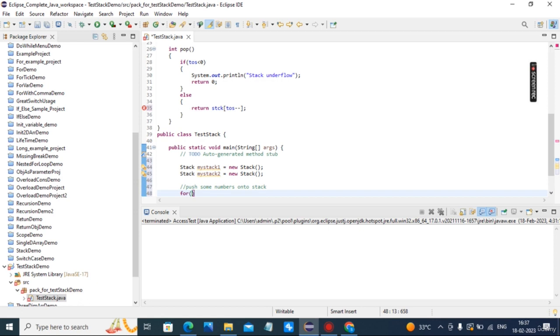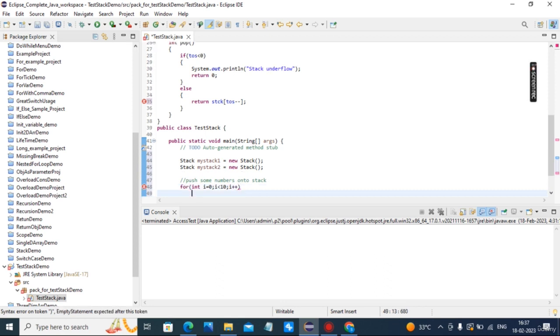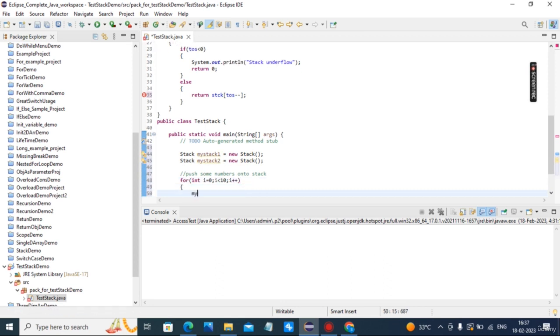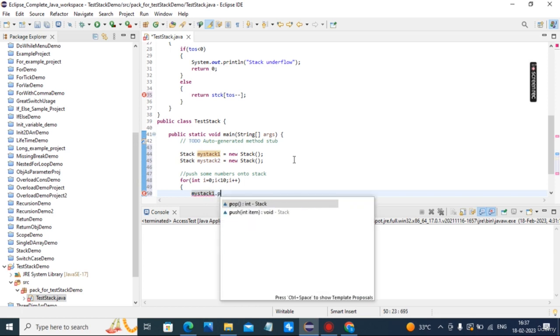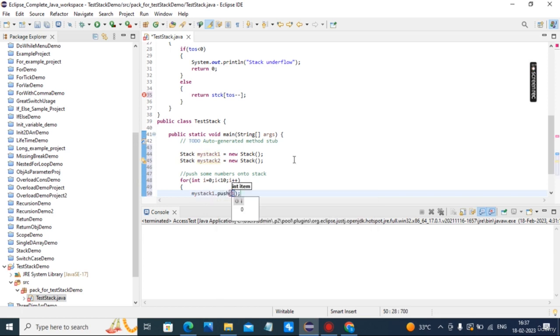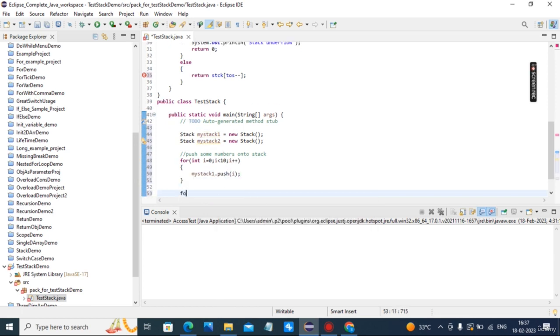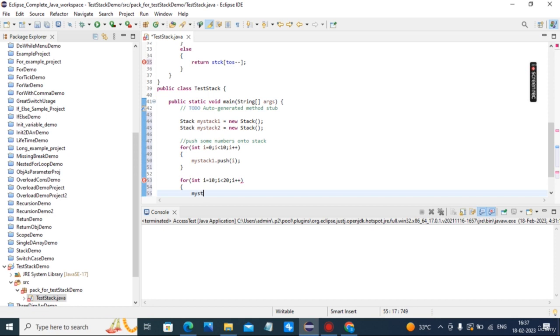For int i is equal to 0, i less than 10, i plus plus, my stack 1 dot push i. Then for int i is equal to 10, i less than 20, i plus plus, my stack 2 dot push i.